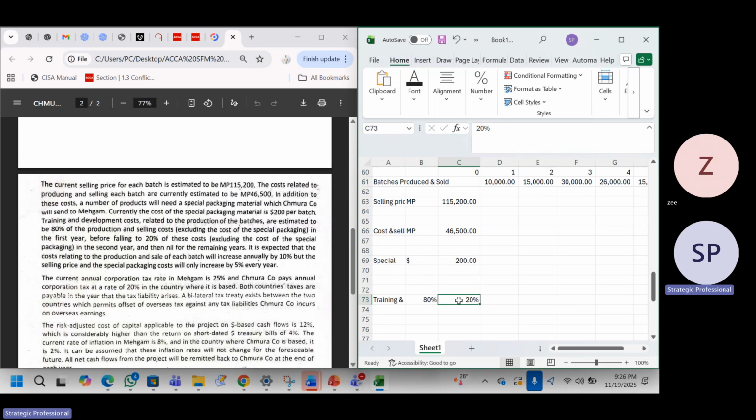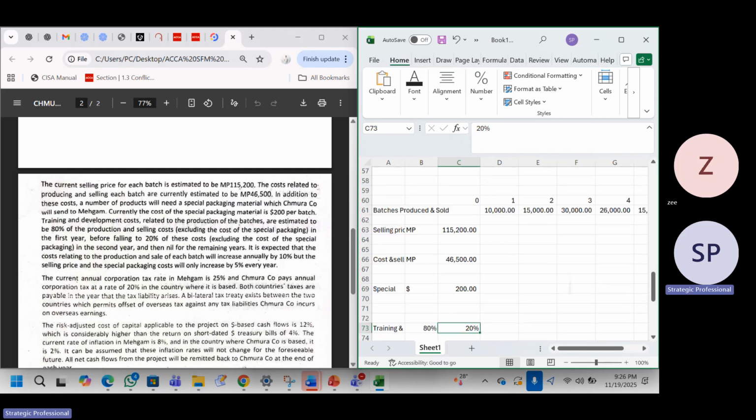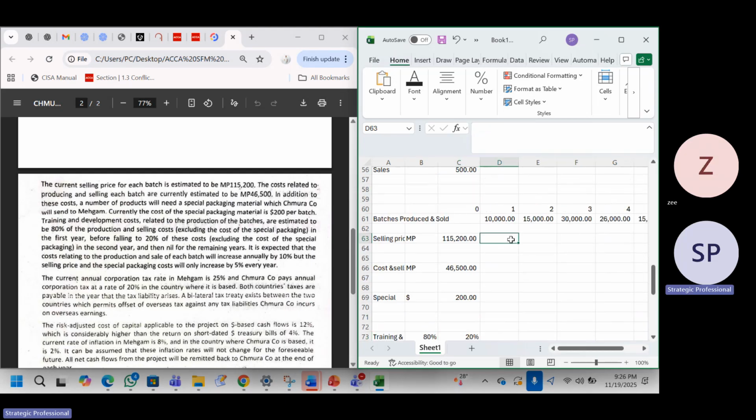They now said it is expected that the cost relating to the production and sale of each batch will increase annually by 10%. But the selling price and the special packaging cost will only increase by 5% every year. So meaning that this selling price will increase by 5% every year. Yes, for selling. While for cost it is